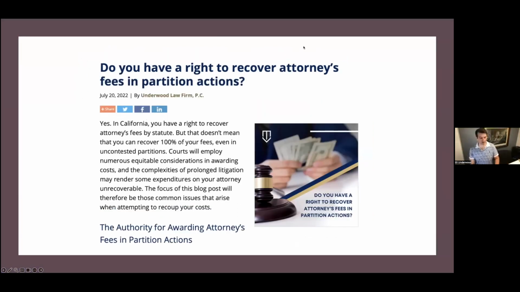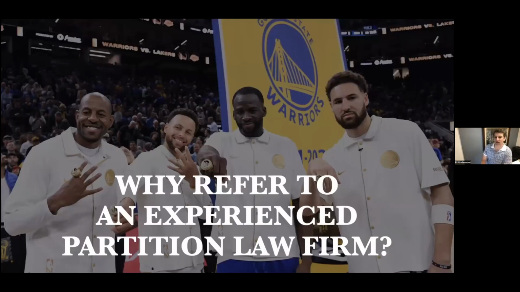One thing that's really interesting about partition actions is there is a right to recover attorney's fees. In other words, the law allows somebody forcing the sale to recover their attorney's fees if the judge deems it appropriate, right? And so a lot of times, people will come into these cases and they'll try to be really difficult. And I'll let them know, listen, if you really persist with being difficult, you're just making the case stronger that I'm going to get my attorney's fees at the end. So instead, let's cooperate. Let's get the sale done faster, right? And that's a very effective tool.